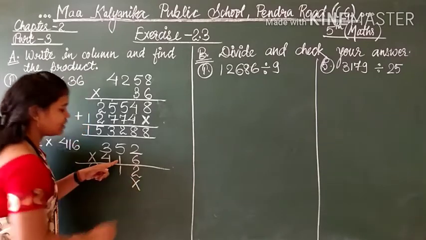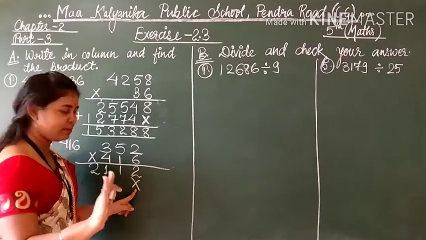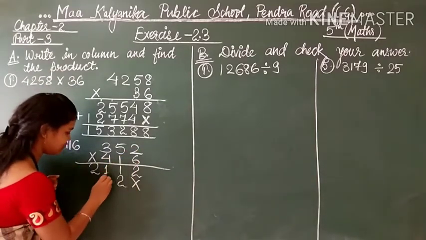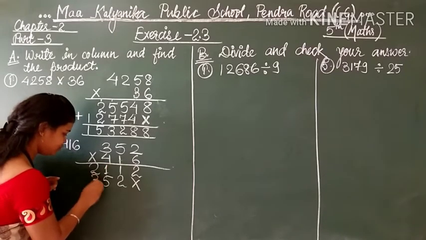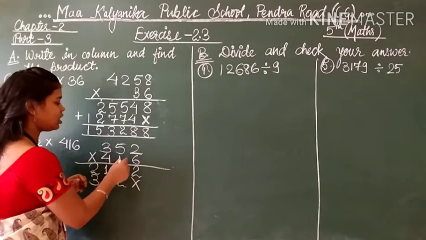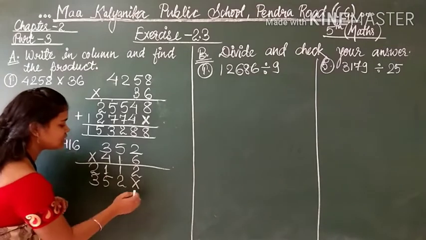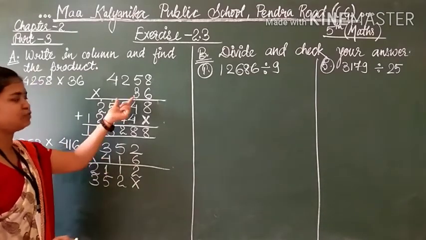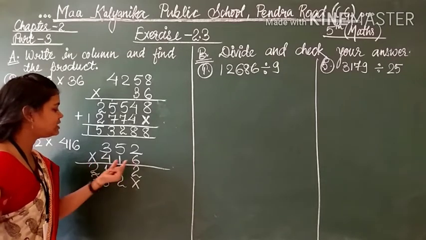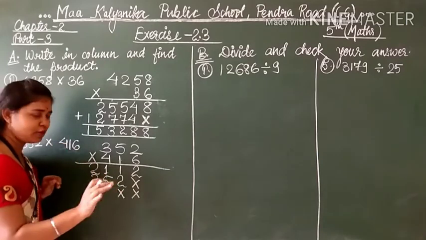So you have to put one cross for the second number because it is tens. So ones place will be 0. So 1 2s are 2, 5 1s are 5, and 3 1s are 3. Don't mix the numbers. You have to see first number with all, then second number with all, third number with all. Now see students, for the third digit, you know very well now.